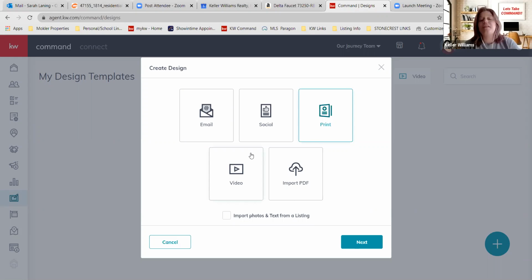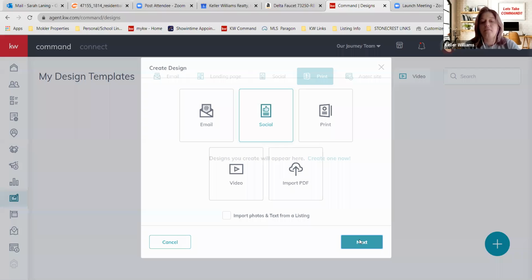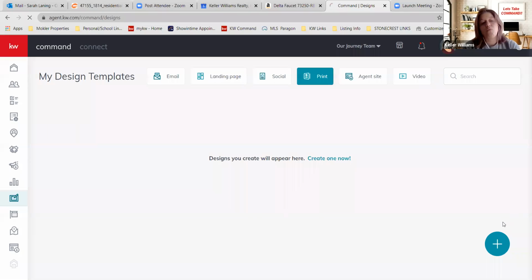About 50% of the designs that are made right now are social media posts, so that's where we're going to start. The process works the same for pretty much any of these. So we'll start with the social media post right now. I'm going to select social and hit next. It's going to take us to our